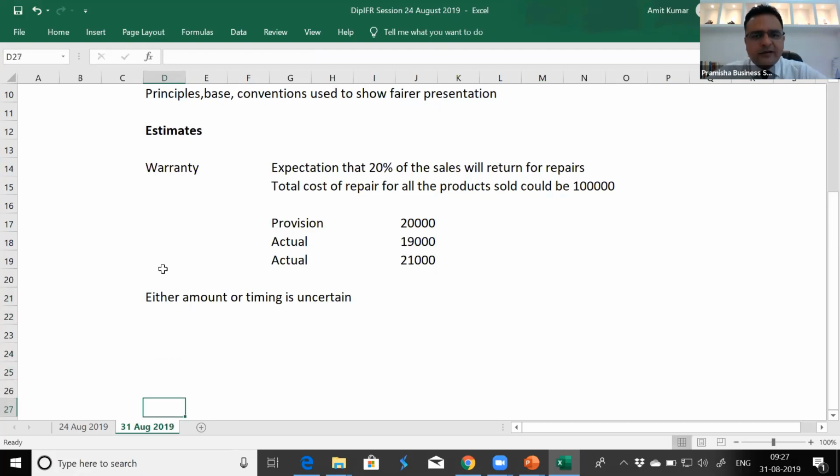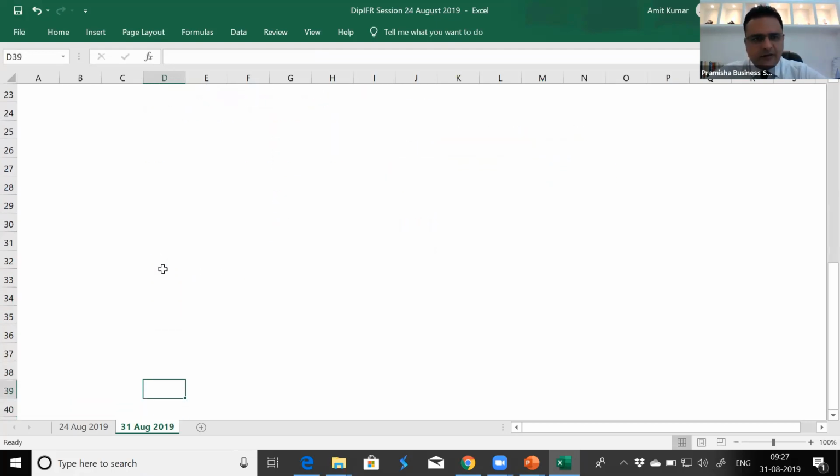The third thing is errors. This is something which every management employee would like to avoid. So this standard deals with correction of errors. Now, if we find an error belonging to the current period, we can immediately correct it. If we find an error belonging to the past year, since we are presenting a comparative period, we can correct it in our comparative financial statements.